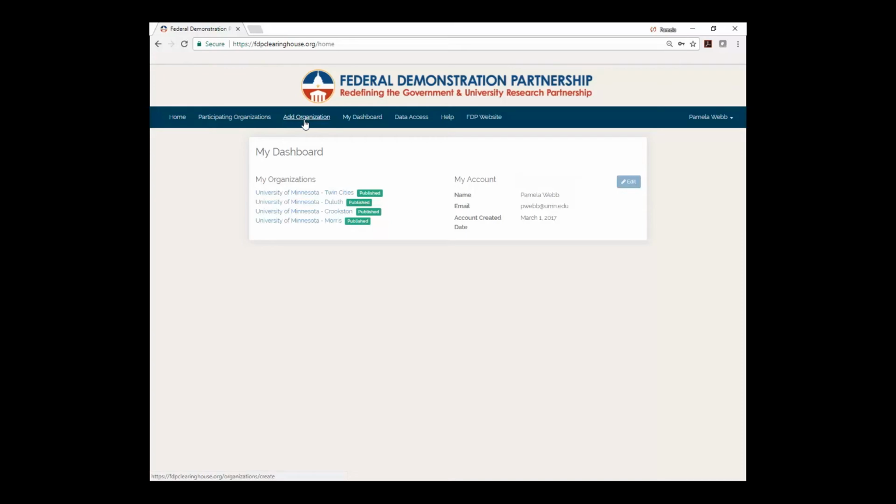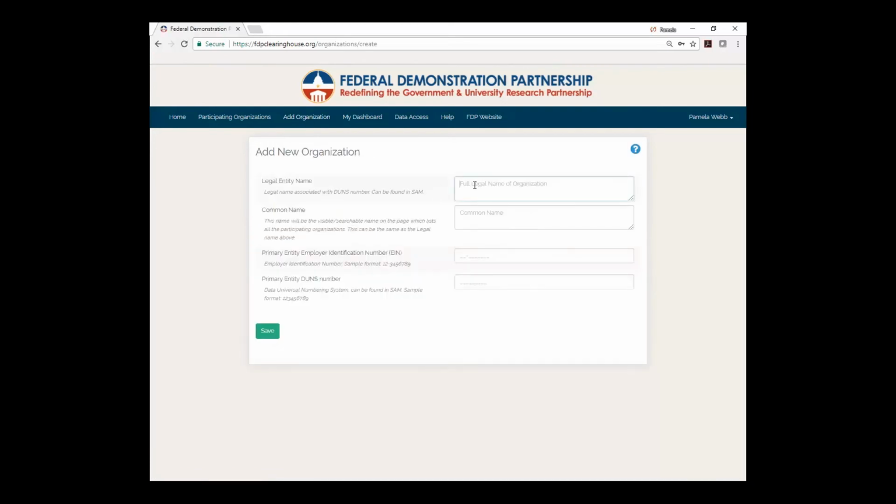If you see your profile already there, it's because it was created by the FDP EC Help Desk, and then you can just go ahead and start editing it. We'll get to that point in just a minute. But if you don't see your organization, please click on Add Organization and enter the full legal name of your university,